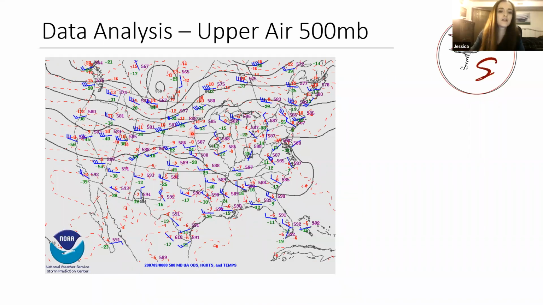Similarly, working our way down in the atmosphere to the 500 millibar level, we're starting to see that trough moving through the region. It's a little bit negatively tilted here. I'd probably draw the axis about right here. In the right exit region of this trough, we have winds moving away from each other. So that's diffluence here at 500 millibars. 35 knots, 50 knots over here, so winds diverging away from each other in this area.